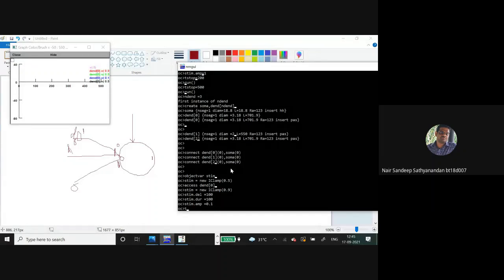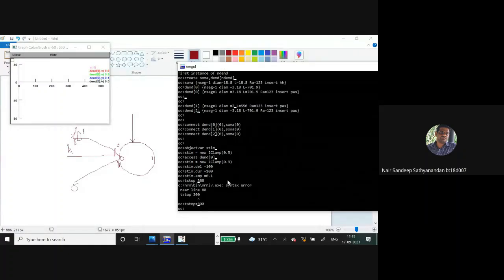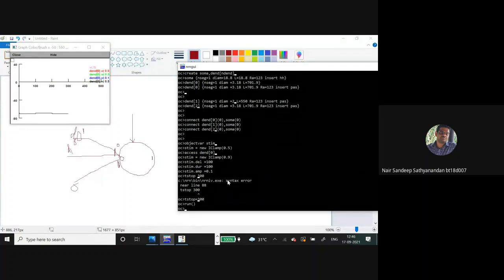Now what we need to do is that it is recording for 500. So this is at 0.5 that we have. Okay, because the stimulus we have given it as